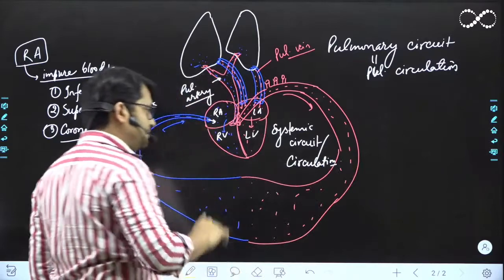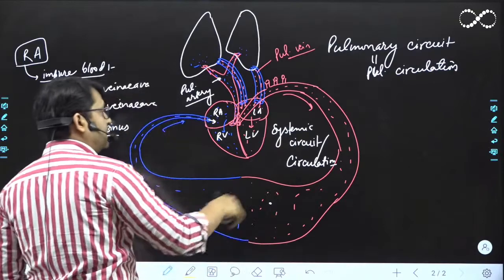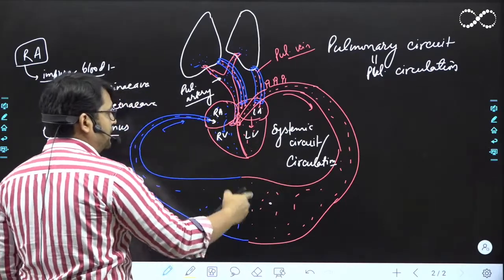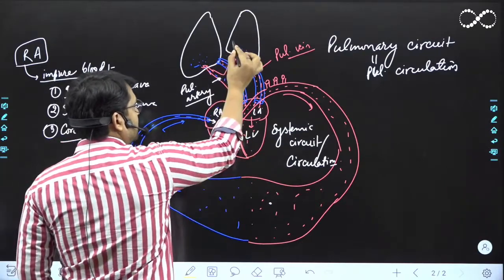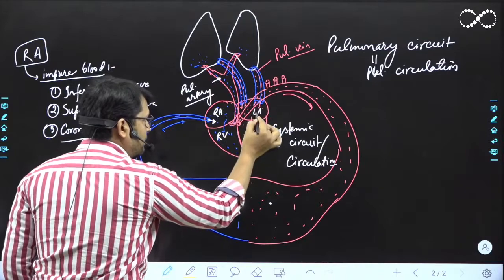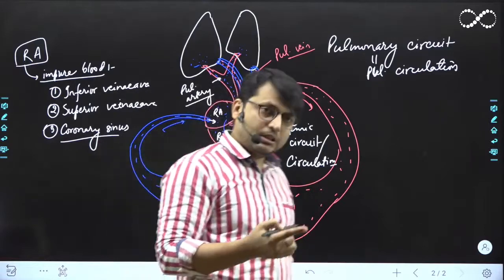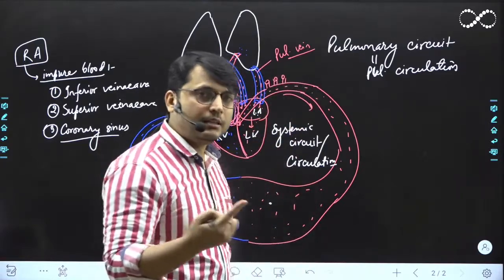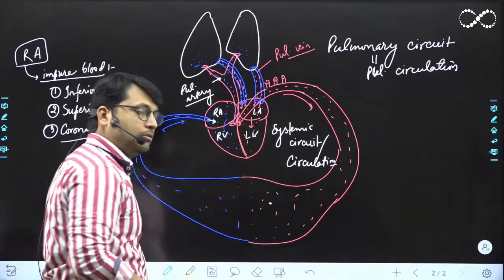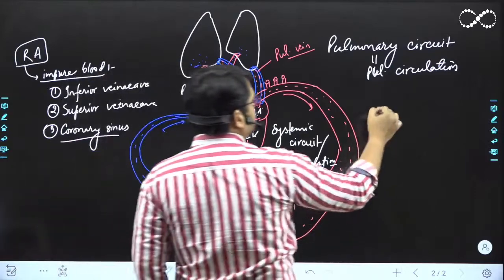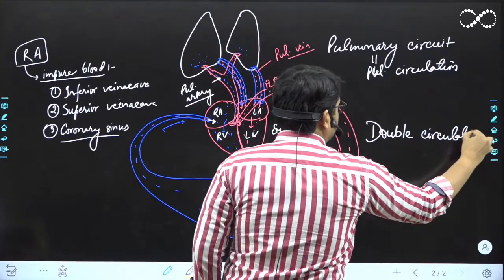Okay? Now, if you look closely, this blood, if it has to pass once through your body, it is passing twice through the heart. एक बार इधर right auricle, right ventricle में आया, फिर कहाँ गया? Lungs में, फिर वापस कहाँ आया? Left auricle, left ventricle, और फिर आया पूरी बॉडी में. तो एक बार बॉडी में ब्लड को फ्लो करने के लिए it has to pass twice through the heart, है ना? Once during the pulmonary circuit, and secondly through the systemic circuit. इसीलिए हम इस सर्कुलेशन को क्या बोलते हैं? डबल सर्कुलेशन. We call it double circulation.